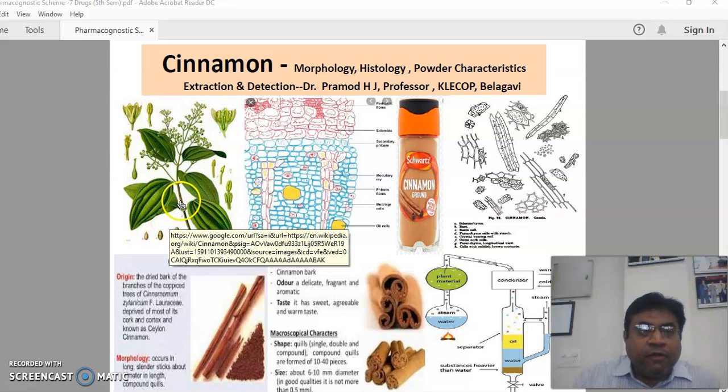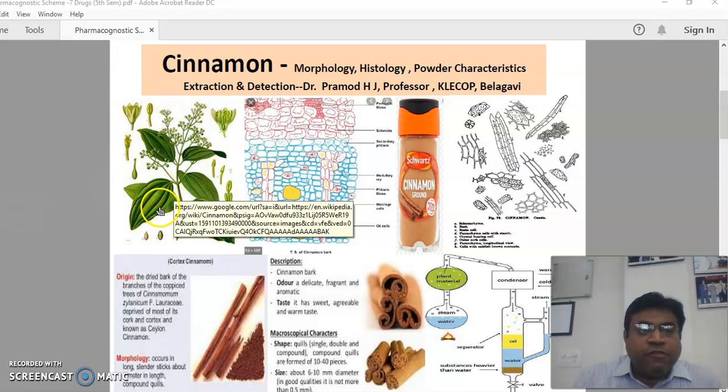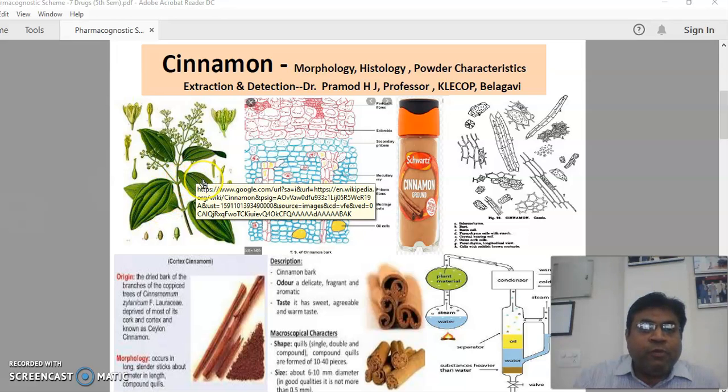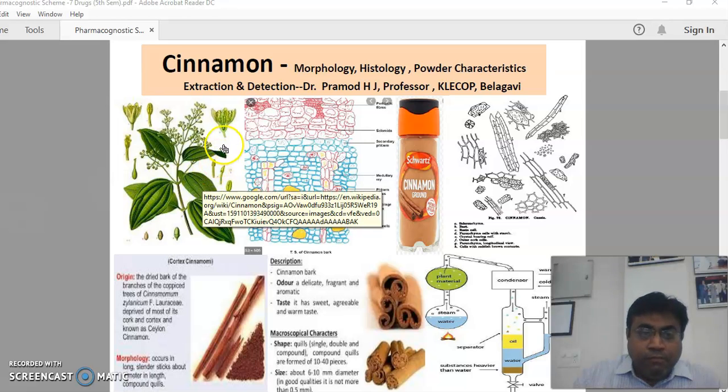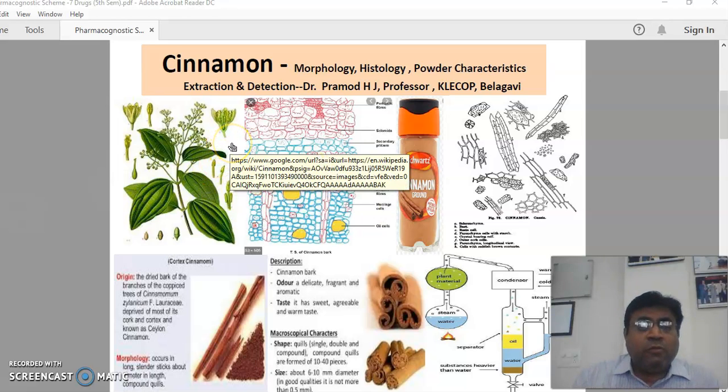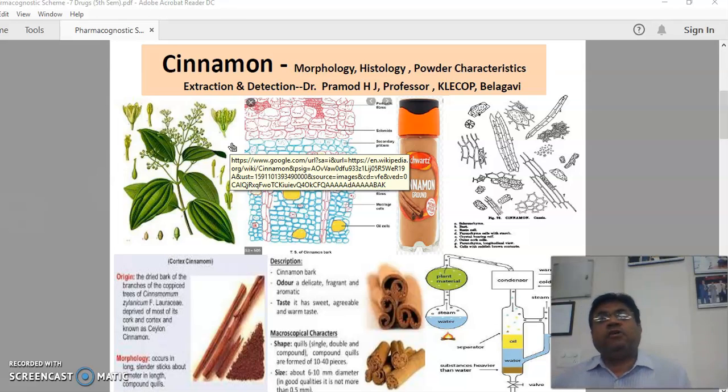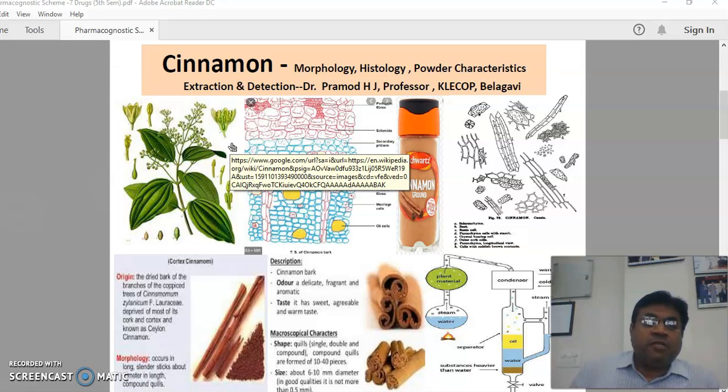Apart from that, you have the aromatic leaf of the cinnamon, which is also consumed in various culinary preparations. It is also used as one of the Indian spices or Southeast Asian spices, and it has been added in various